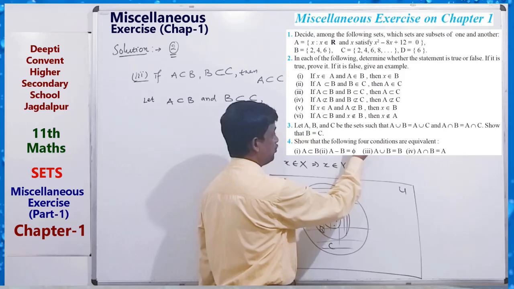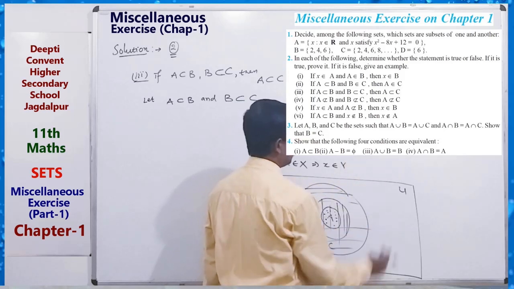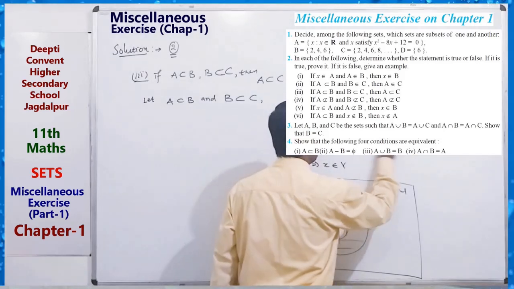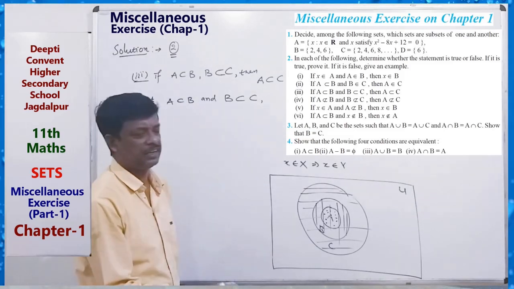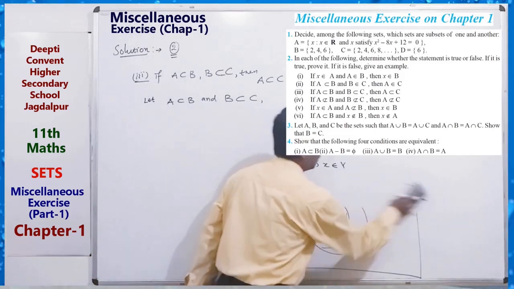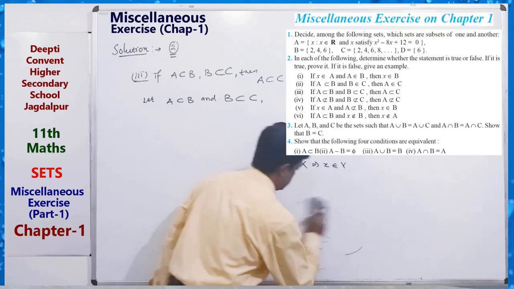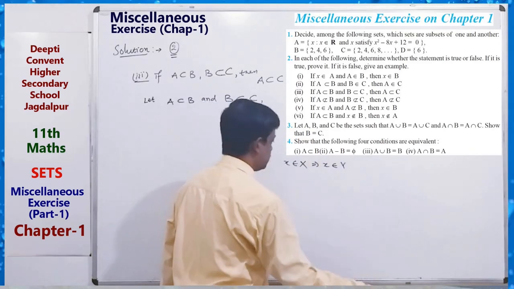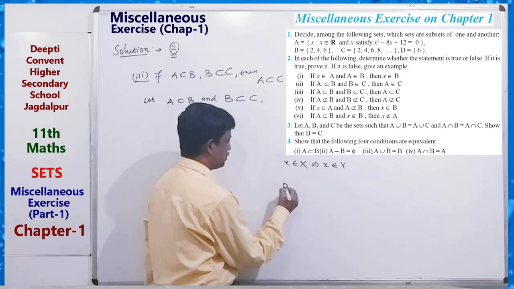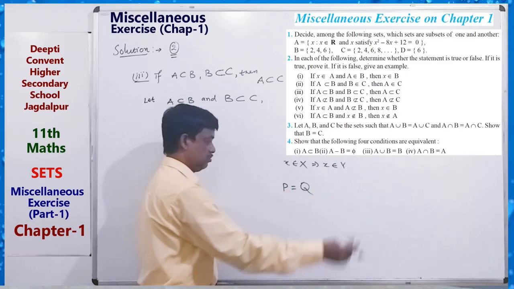If we have to prove set P equals Q, suppose by this technique you can prove it by Venn diagram. Also by the definition of set, subset, etc. Also, suppose there are two sets P and Q.